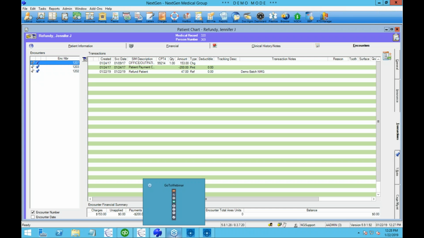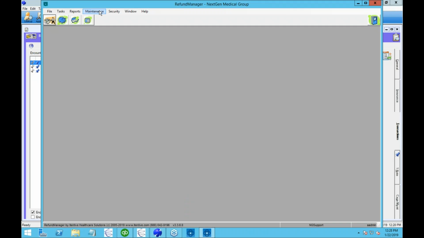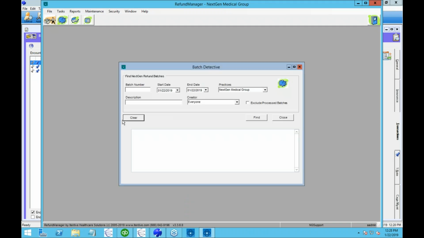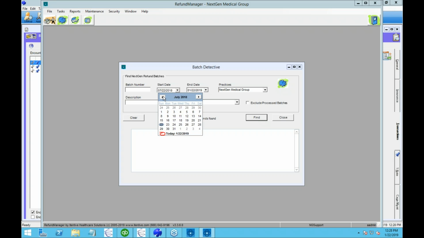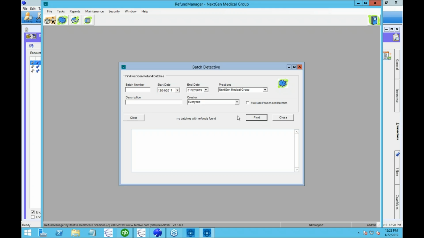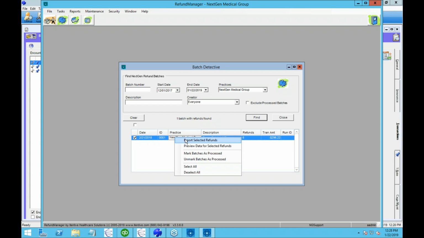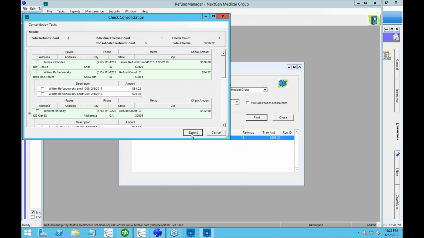So we have that. So let's jump back into RefundManager and see how quick it is to send it to the accounting system. This will create the vendors and the payments in the accounting system for us. So we'll find our batch. I pre-created this batch. I have one that I keep reusing for these demonstrations. So let me do a broader search. We're going to pick our batch, and instead of us typing this all into the accounting system, we say export,